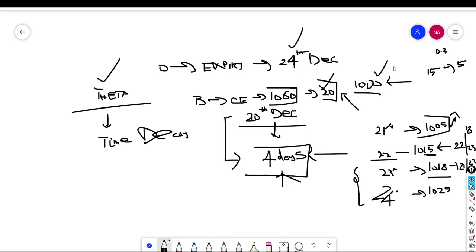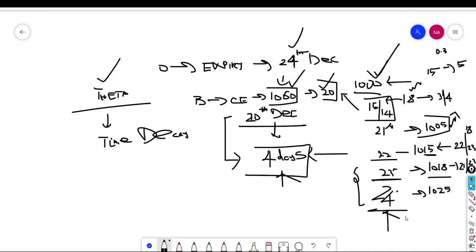You have not gained much. From 1000 the stock has moved 18 points, but you will probably gain only 3 to 4 points in the option, because you have chosen a far outer strike price. On 23rd the stock price is 1018, and in most cases you will be in a loss. The option premium will be 15 or 14. Even though the stock price has moved 18 points from 1000, you will be in a loss. And on expiry, if the stock price doesn't cross 1060 before the market close, your option premium will be 0.05.